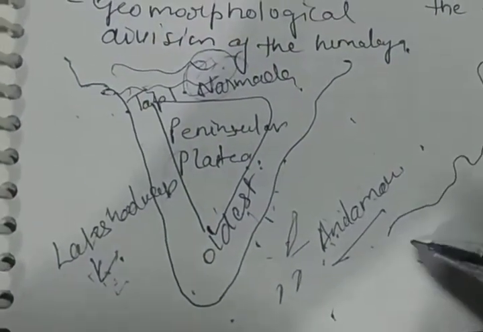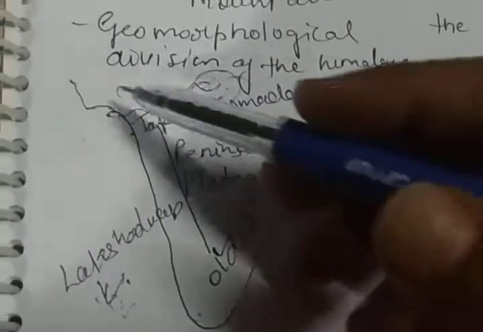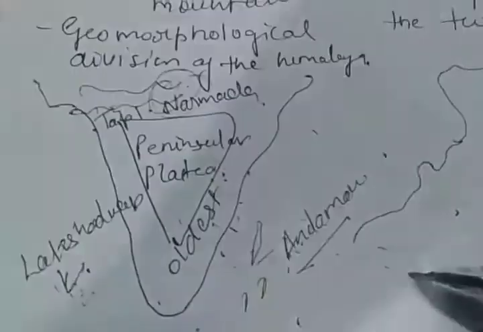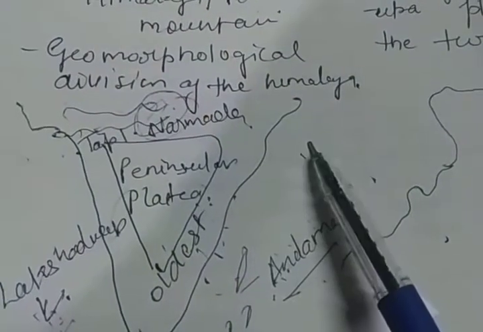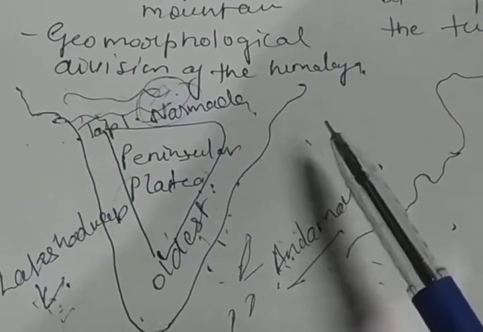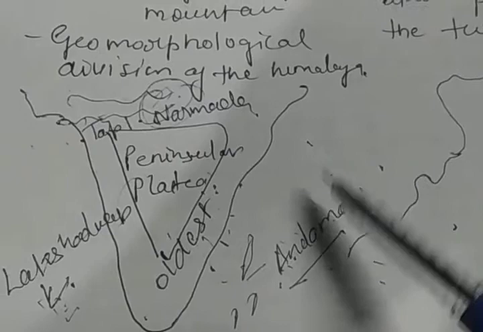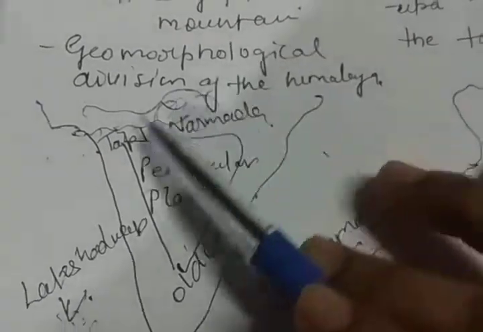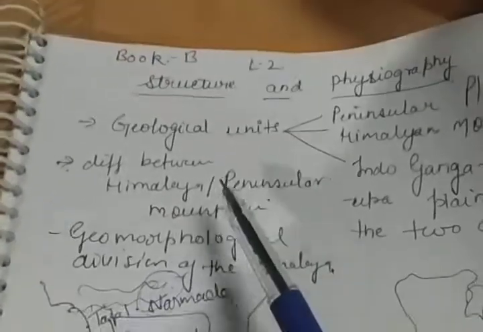The peninsula contains mostly residual mountains. Aravalli ranges are here, you can see in the Rajasthan area. If you have atlases, please look at it. Aravalli ranges in Rajasthan, Nallamala hills, Javadi hills, Velikonda hills. I'll show you the map also when we continue the chapter. So this you can read in the geological units.